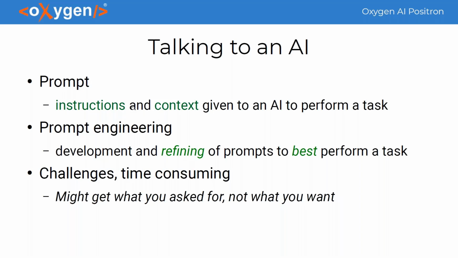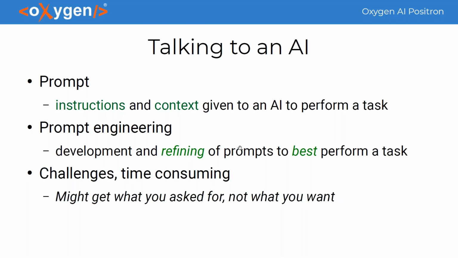Now, while doing this prompt engineering, you will face many challenges. It's a time-consuming effort. It's an iterative process. Many times, just like a mischievous genie, the AI will give you what you asked for, but you realize that's not what you actually want. That's why I'm saying it's an iterative process in which you test a prompt, and afterwards you see how it behaves on various inputs, and when you observe that it doesn't give you the correct answer in a context, then you add or change some instructions so that you get a correct answer in that particular case as well. That's why I'm saying it's a time-consuming